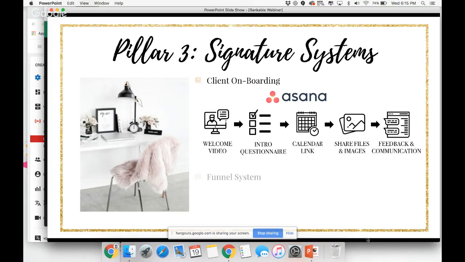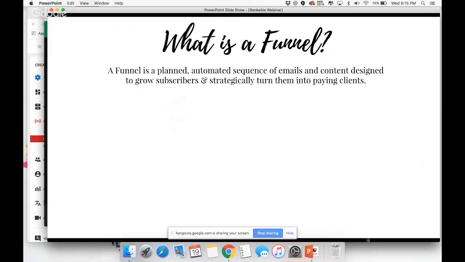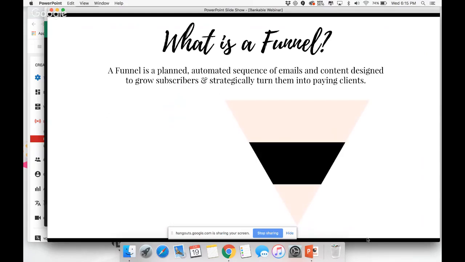So client onboarding is another signature system. Now let's talk about funnels. So what is a funnel? A funnel is a planned automated sequence of emails and content designed to grow subscribers and strategically turn them into paying clients. So if that sounds like a mouthful, I created this little diagram so I can explain to you